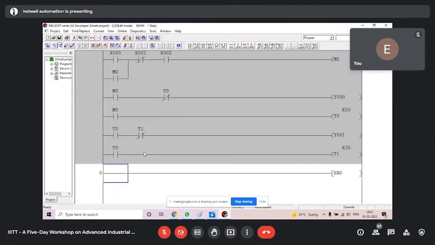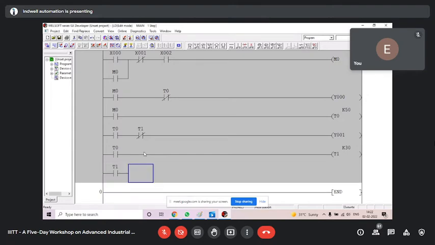From T1 you have to start. So T1. From T1 what you have to take? First you have to break it. That is T2.